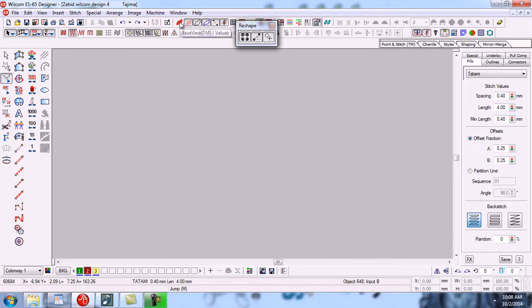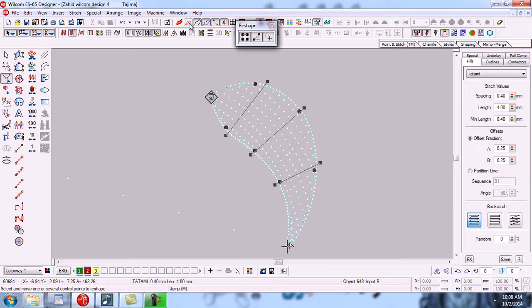For example, I turn off the true view position and show stitches and needle points. Now we have only the outline. So if you want to edit your object in only outline position, you can do it easily.